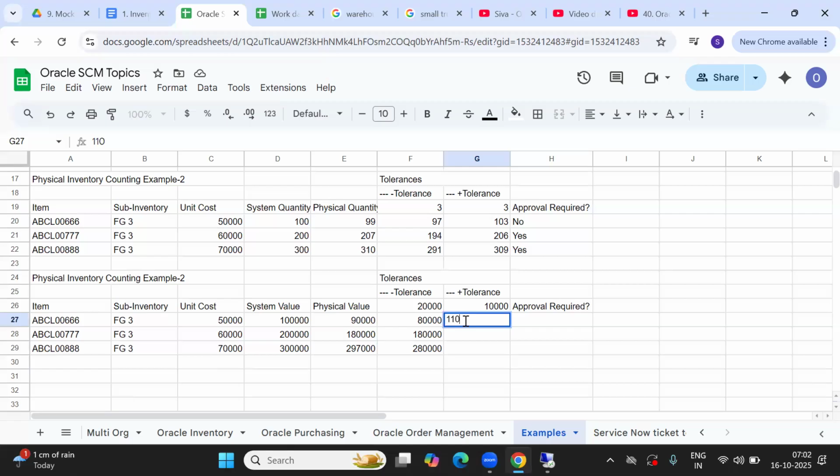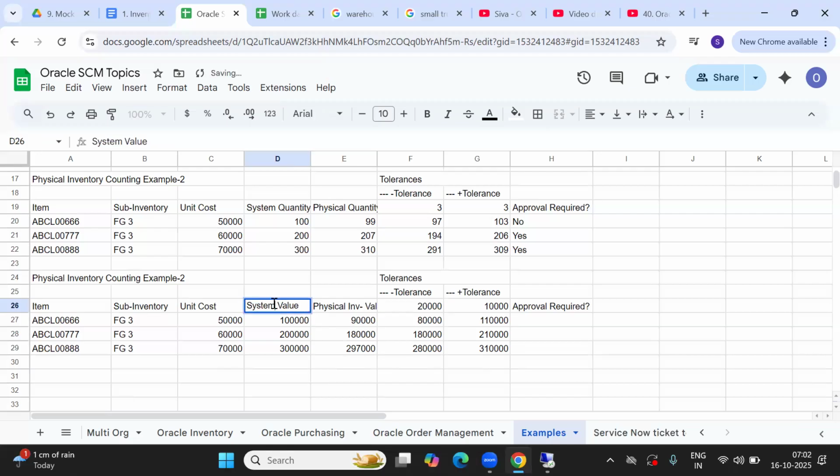So 1,10,000, 2,10,000, 3,10,000. So now this is the physical inventory value.